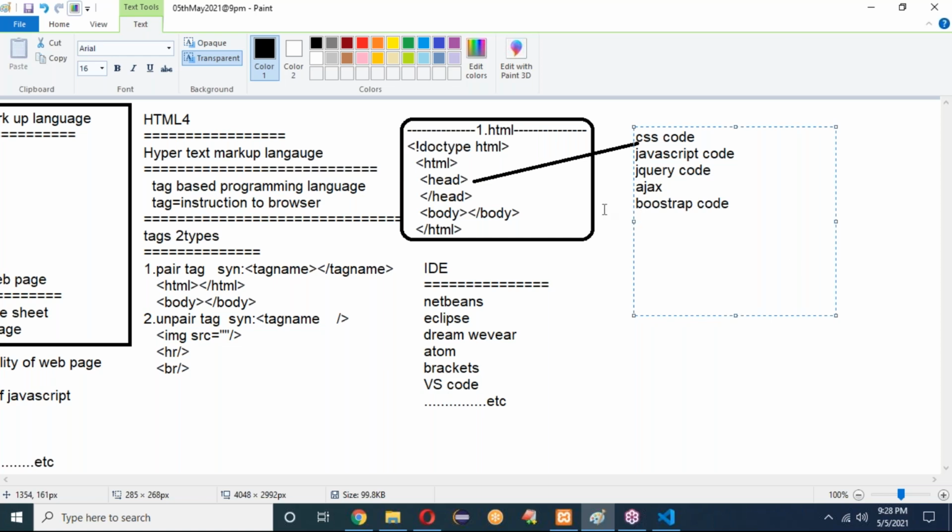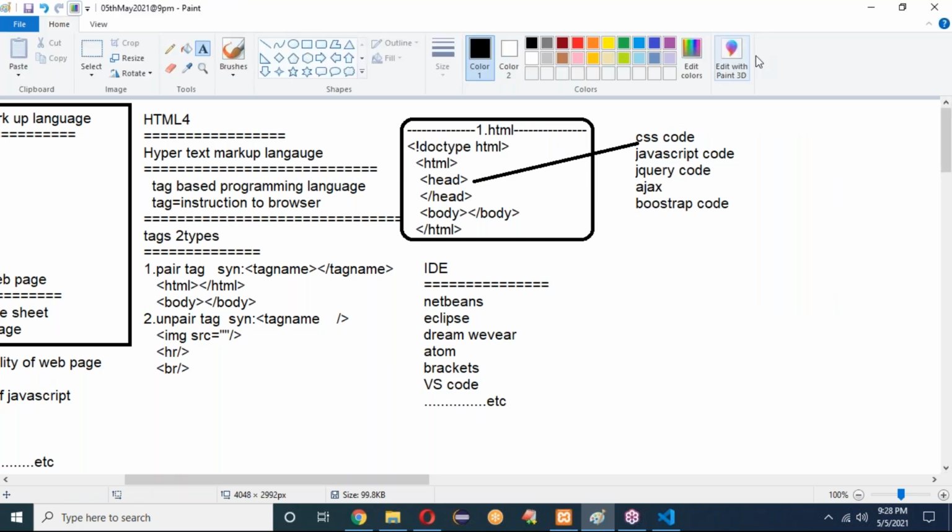So what is the use of the body? The body tag is used to add the structure, how you want to design your application, the total structure.